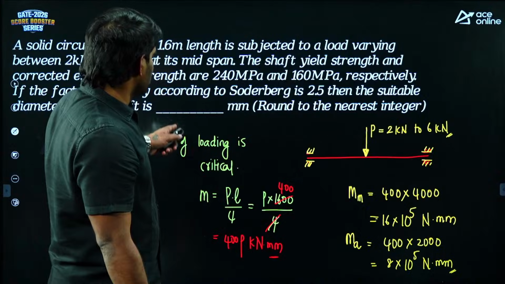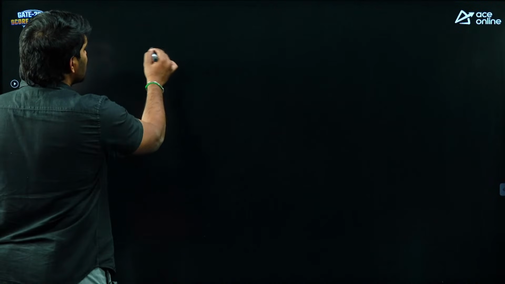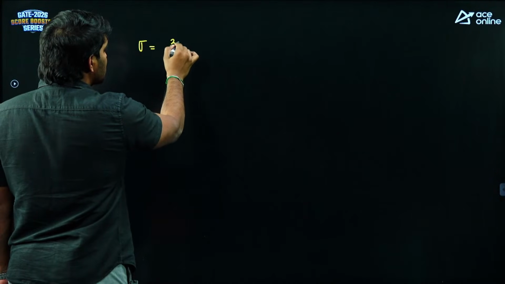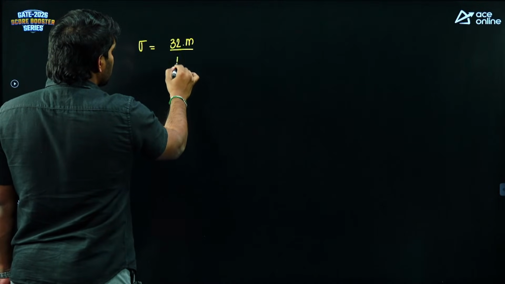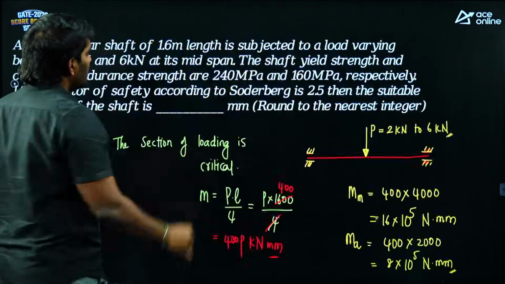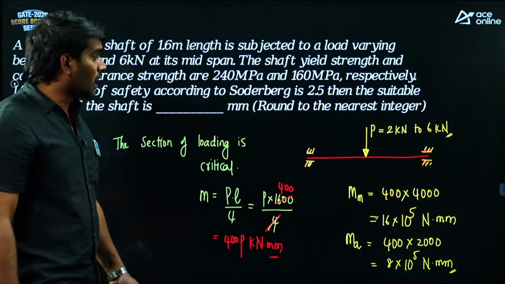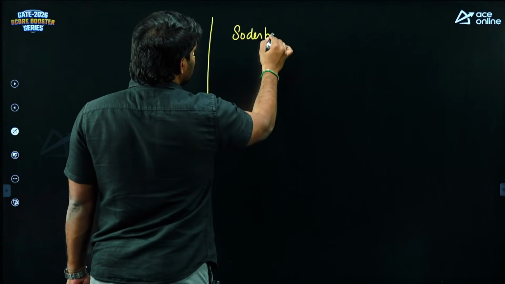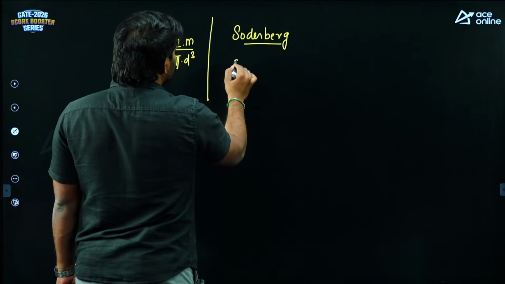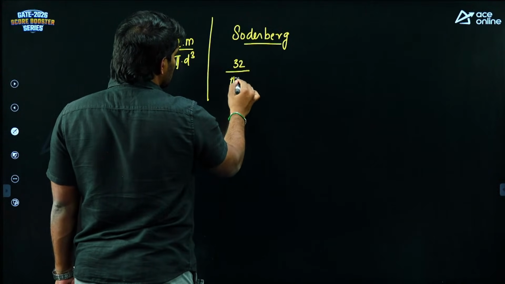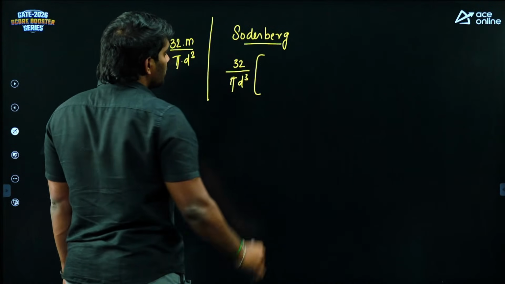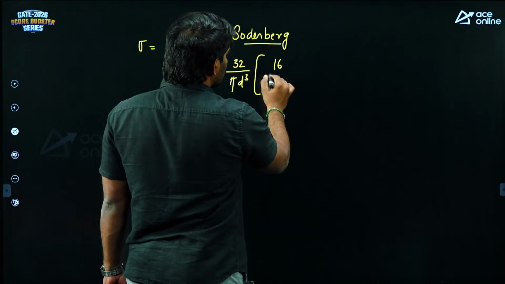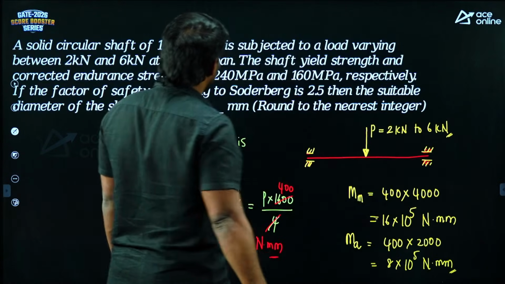Now we need to identify the equation for stress. Can you please tell me what is the equation for stress here? Sigma is equal to, as this is a circular cross section, 32 M divided by pi d cube. What is the diameter, which is what we need to identify. So considering Soderberg, I am taking 32 by pi d cube as common into what is left over here. So the mean value of load is 16 divided by,